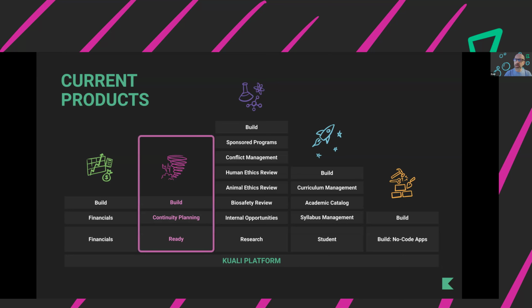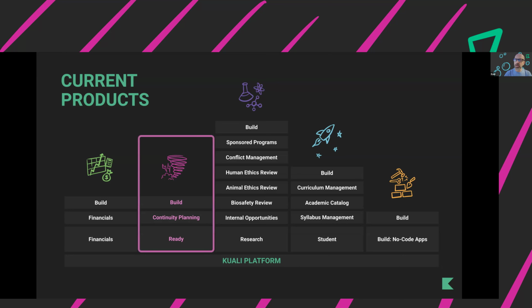Now, a year later, in 2008, our system-wide office took a look at what we were doing on the Berkeley campus and asked us if we could develop that into an effort which could spread across the entire UC system. And we did that, but in order to do that, we had to rewrite a good deal of the software and make it much more flexible and adaptable to different campuses and also to medical centers.